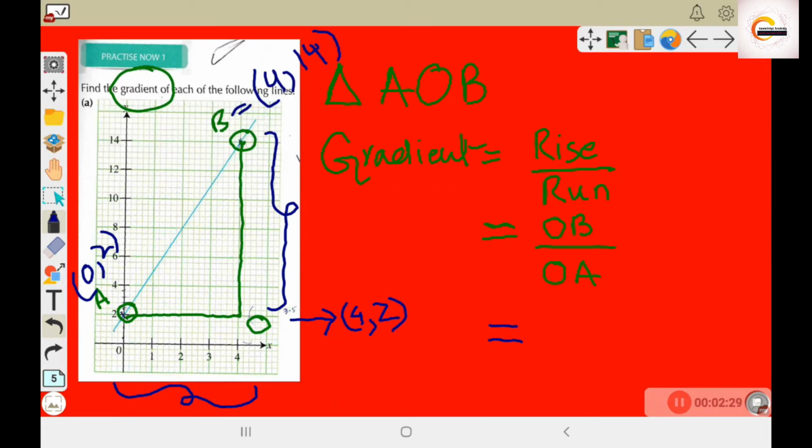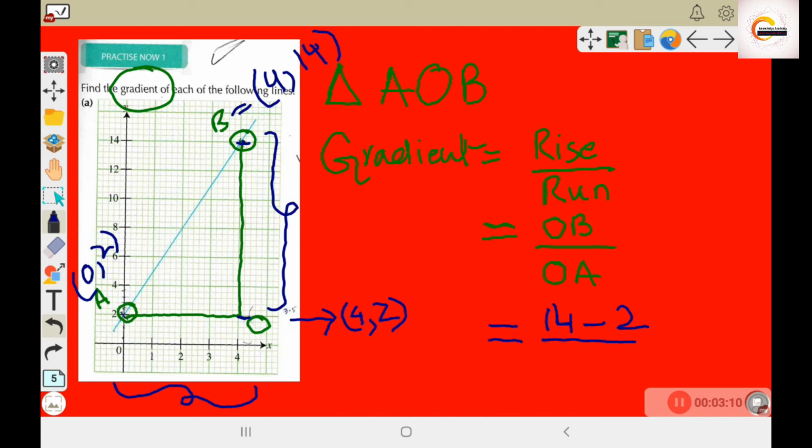Calculate OB. Simple. Let's treat this as a line segment, and to calculate this line segment we have to minus initial value from final value. Always remember, initial value from final value. So final value is 14 and initial value is 2. Now here in the vertical change, what we have to do,